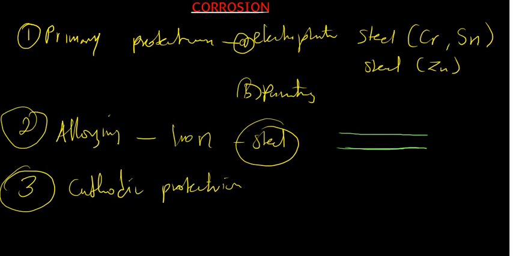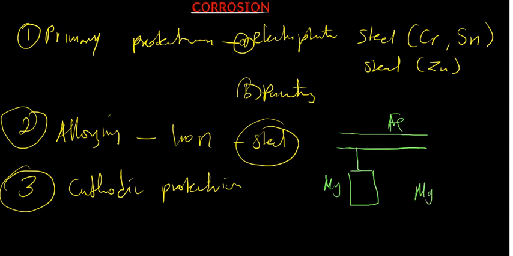We are going to attach, using a wire, another metal. This is a metal that can be more easily oxidized than iron. We attach it because this is underground and we want to protect it. An example that we can use, of course, with an iron pipe, is magnesium. So if we consider the reduction potentials for these,